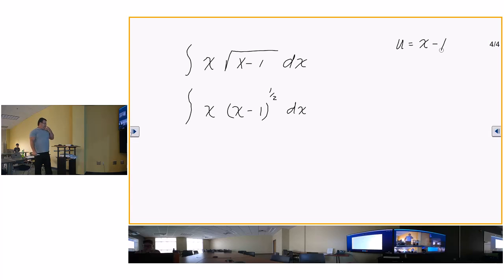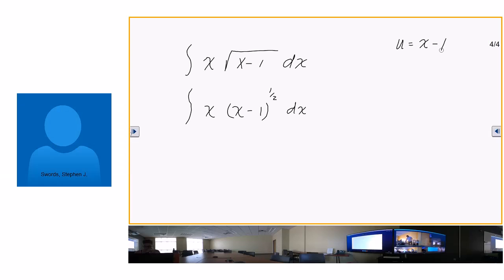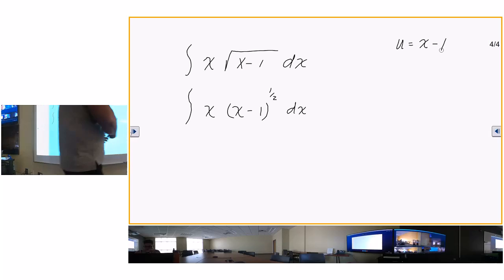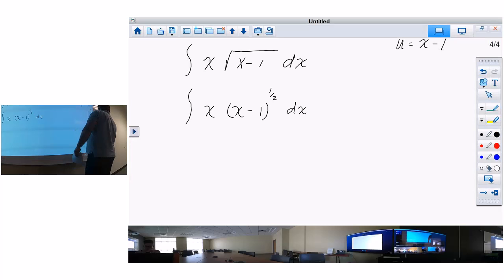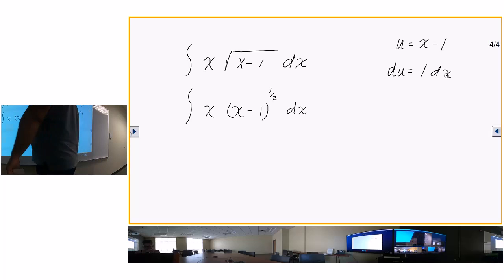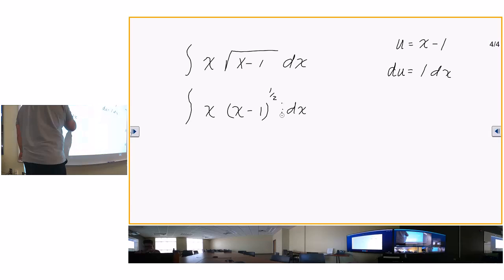Okay, so what is du? One. du is equal to 1 dx. Y'all got to remember to put the 1 dx, because that gives you a hint what you need to do. du is equal to 1 dx. We don't need 1 dx. We need x dx, because if I rewrite this,